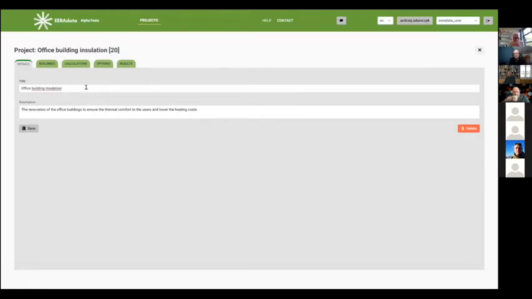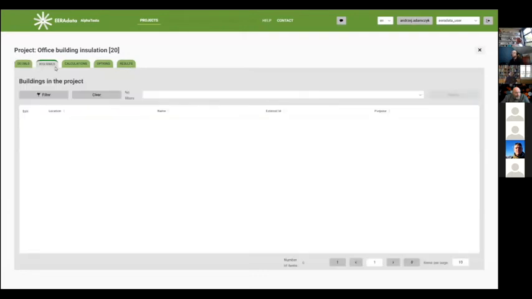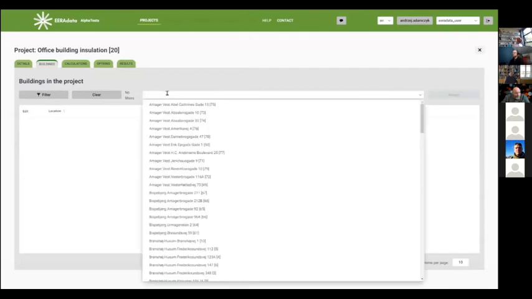We have also an access to the following tabs: Buildings, Calculations, Options, and Results. By clicking on the buildings, we move to the window in which we may add the buildings to the project. We may choose among the buildings which have been